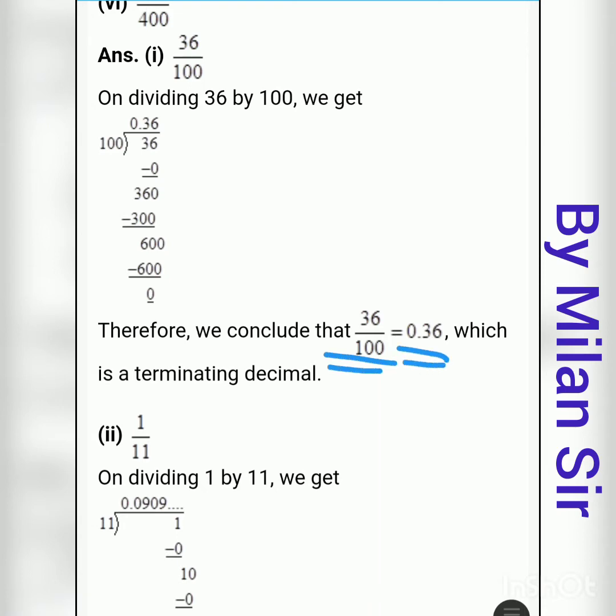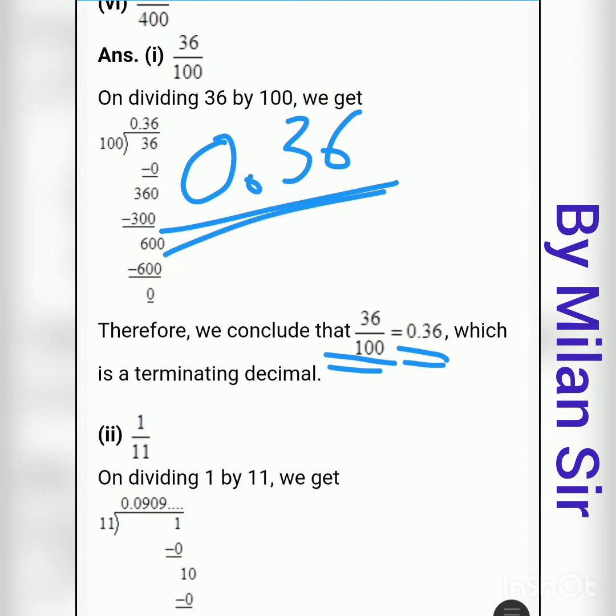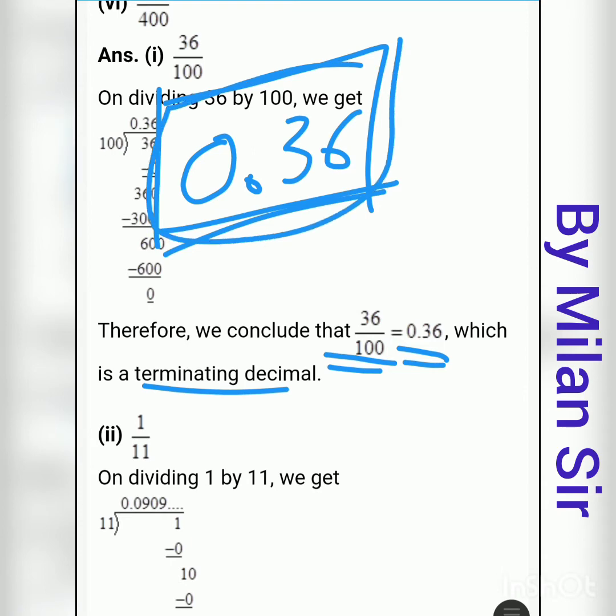Now if we think about the decimal expansion, this is a terminating decimal expansion, because the answer terminates here. That means 0.36 is fixed, it is not a continuous answer. Our digits terminate, that's why it is called a terminating decimal expansion. It terminates after 2 digits.